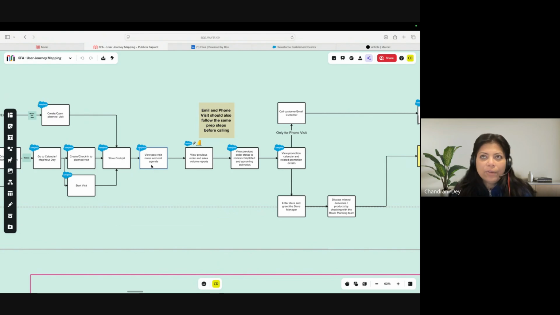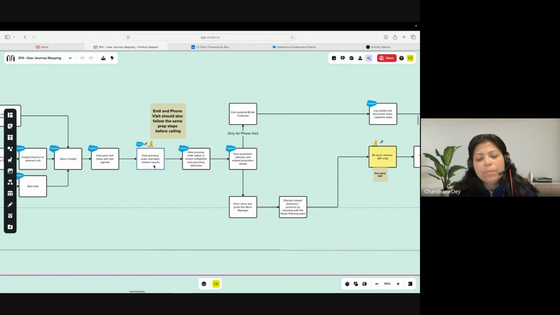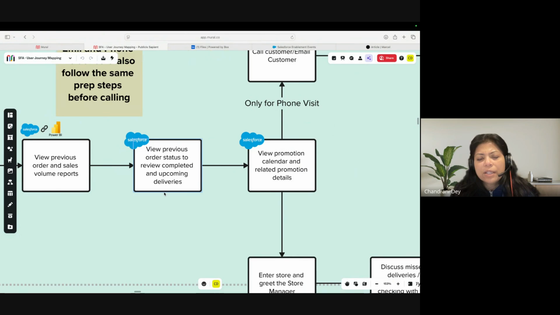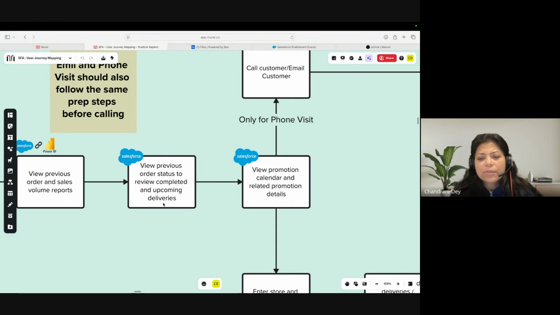So if I visited this particular store 2 weeks back, I would be able to see what data I had captured at that point of time, what order and sales volume reports there were, and view previous order status, if all the orders were completed before.